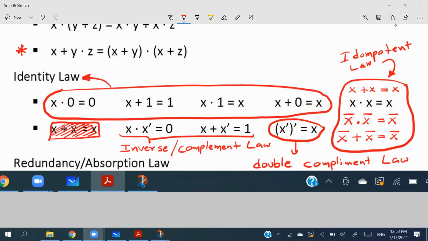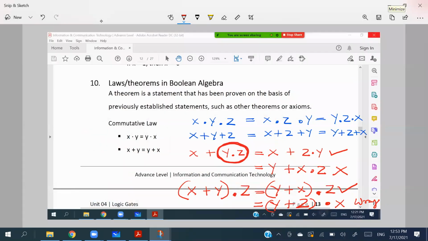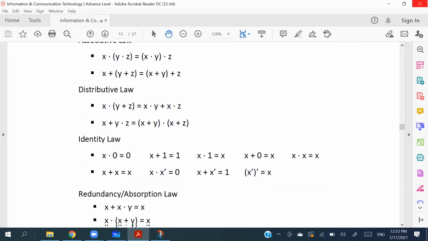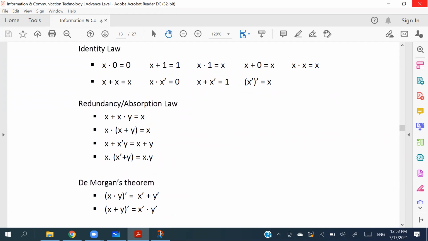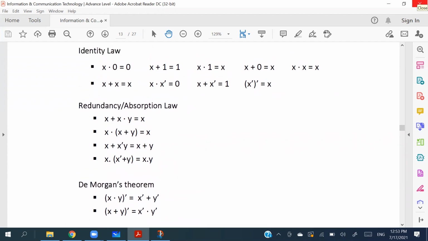Right? Okay. So now we are moving to discuss the other laws, which are in your handout. What are the other laws? You are already familiar with the De Morgan theorem. We were discussing those in the universal gates. Now the next one, the redundancy or absorption law, is the one you mess up big time,